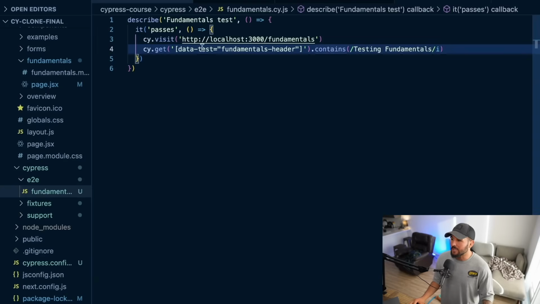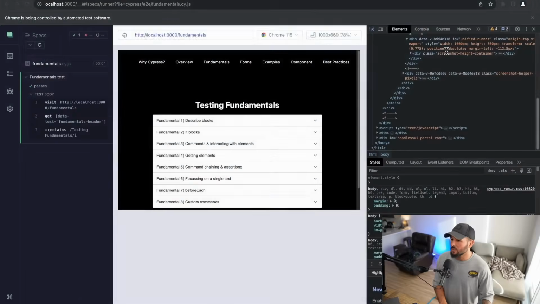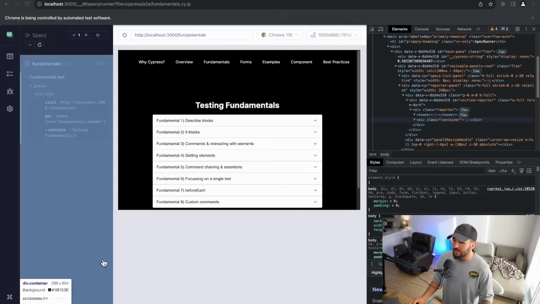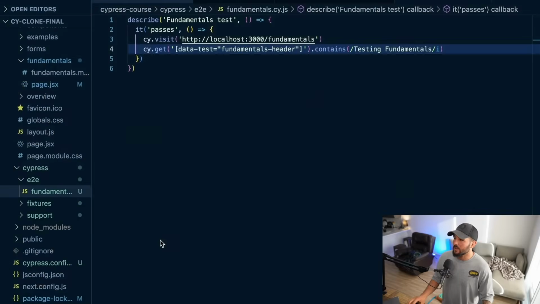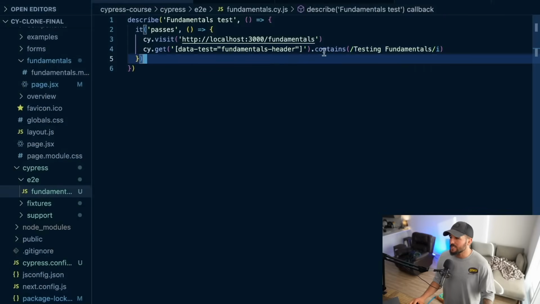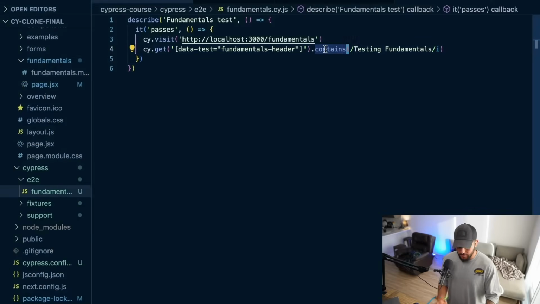So I'm getting my fundamentals header, and then I'm saying it contains testing fundamentals. If I go back to this, you see that my test does indeed pass. Now, I could also do something like this, in which instead of just saying .contains testing fundamentals, I could say